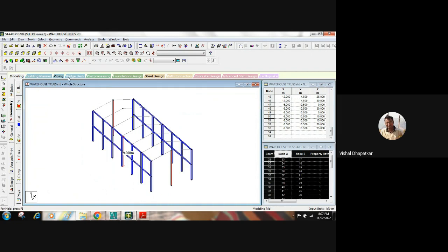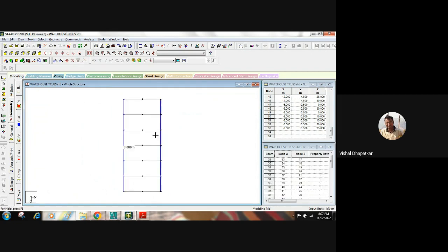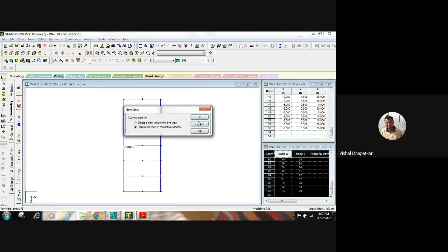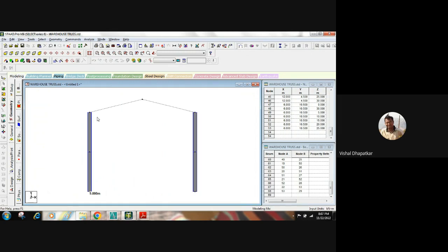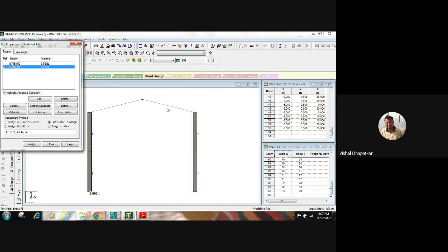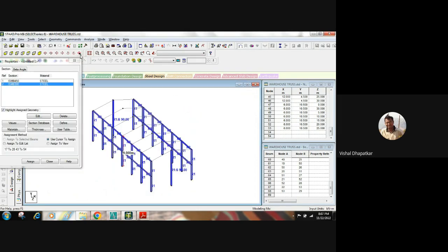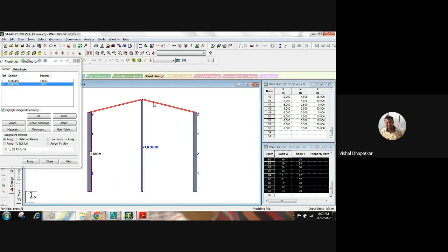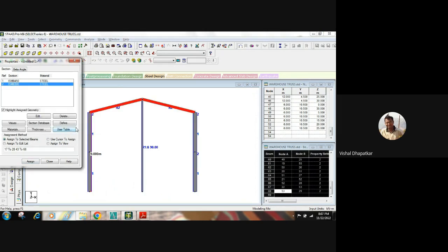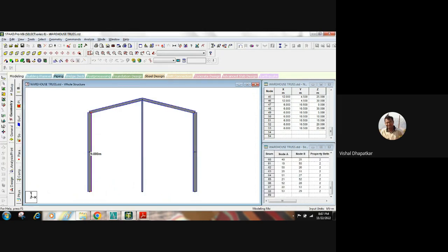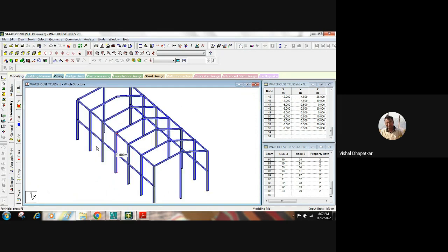If we just select one frame in between, it will look like this. Okay, so we'll assign property to this member as well. So I'm just providing any size at the moment. So we have assigned the sizes for all the members. Now,